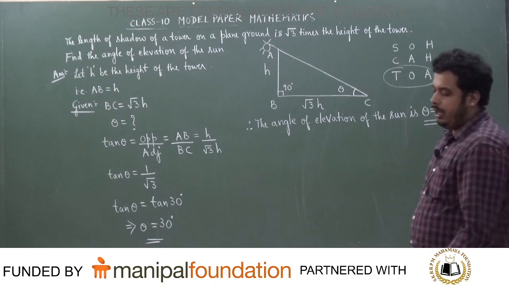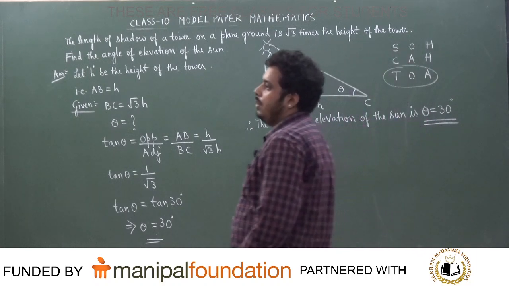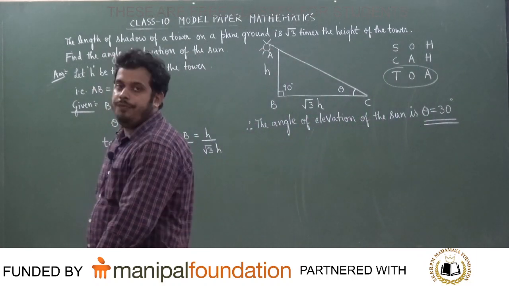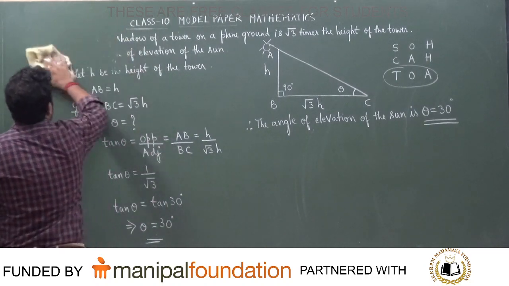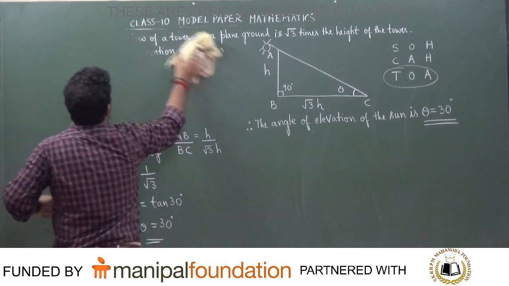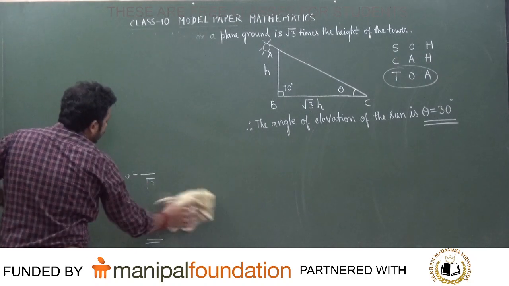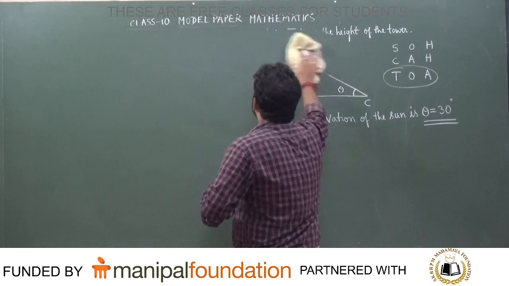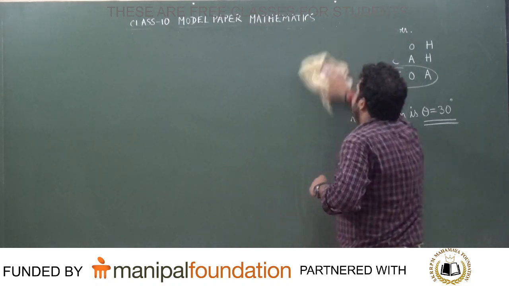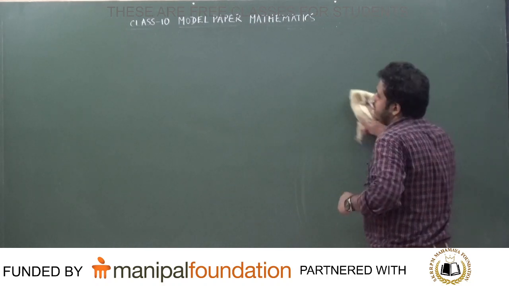This is one important question. All of you write it down correctly. First you must draw a figure, because it is coming from applications of trigonometry. Trigonometry is a part of geometry, so you should know how to solve this. There is a triangle, trigonometry is the measurement of angles and ratios in a triangle, so you must do the sketch, students.